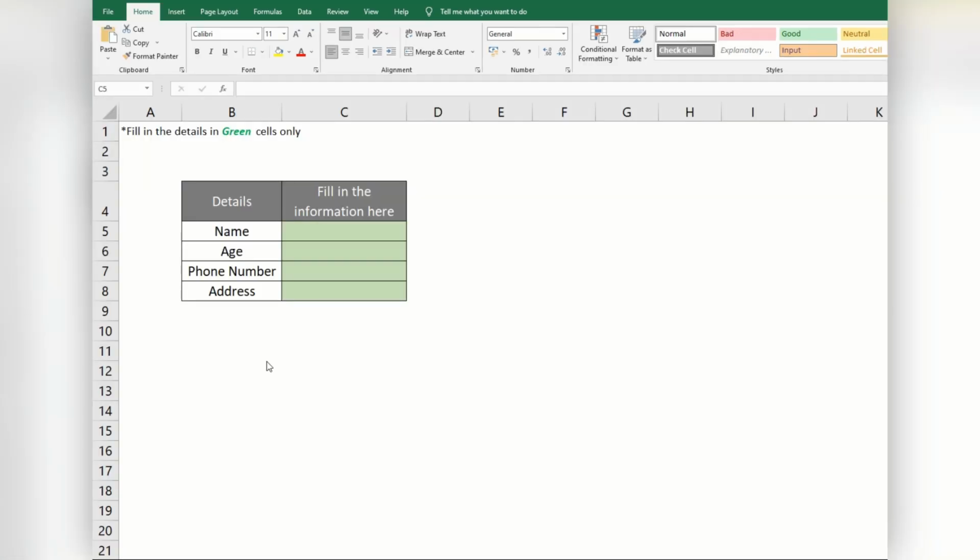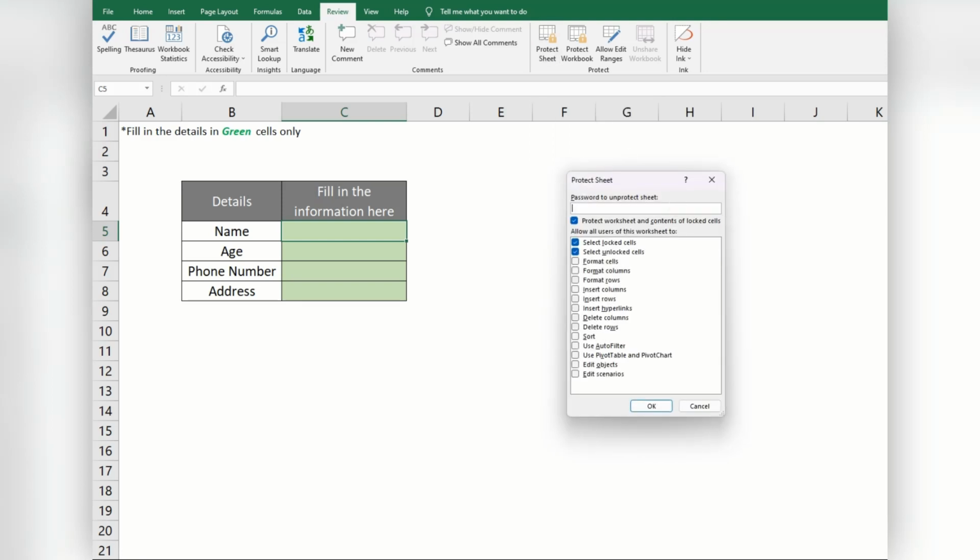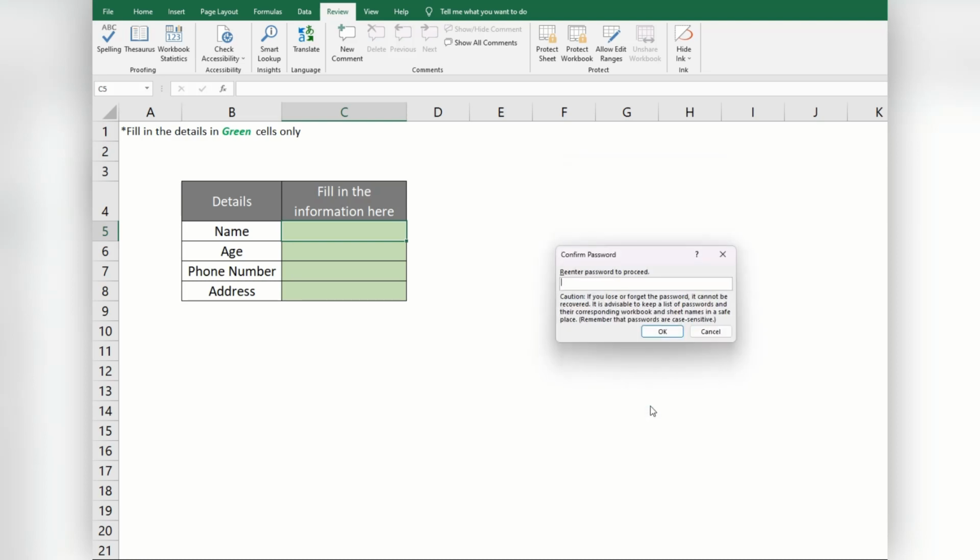So in order to do that, first I have to click on the review tab on this Excel sheet, which is given here on top of the screen. Under the review tab, I am getting an option of protect sheet. I have to click on this protect sheet. Now it is asking me to enter a password. So I will simply give a 2-digit password here, and I have to make sure that the first two options, select locked cells and select unlocked cells, remain checked. All right, and I will click on the OK button now. The moment I do that, it will give me a prompt again to re-enter the password to proceed further. So I will enter the same password here and click on the OK button.